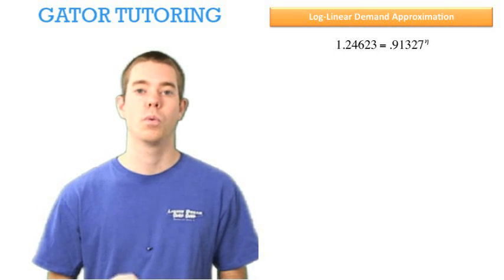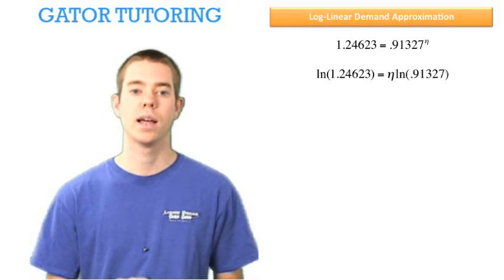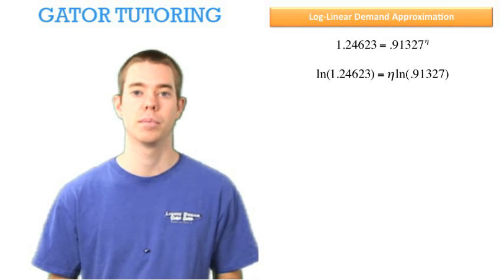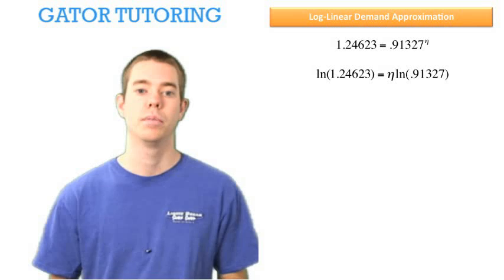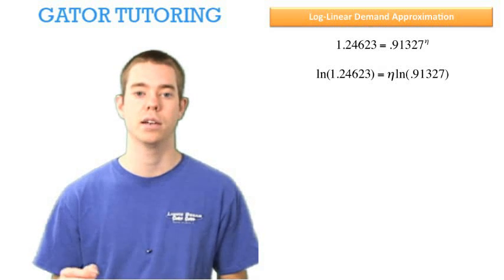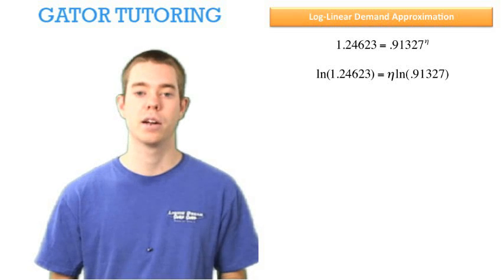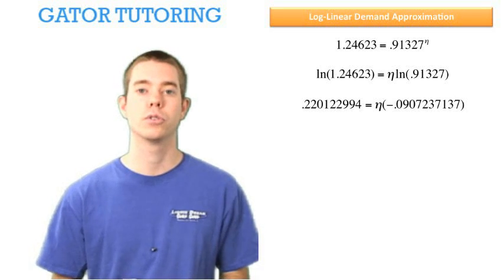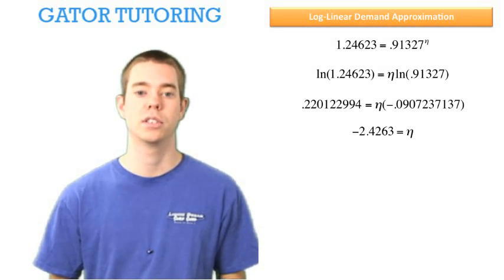So now we're ready to solve for eta. We need to take the ln of both sides. On the left, the ln of that number is just going to be a number. On the right, the exponent, when you take the ln of a number, becomes the coefficient. So the eta, that was the exponent, is now the coefficient. And the ln of 0.91327 is just going to be a number. We can solve for those two numbers, and now we're ready to solve for eta by dividing through. And we see that our price elasticity of demand is negative